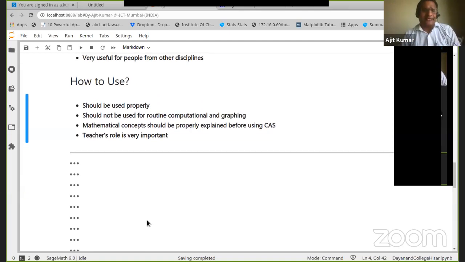This is just a very brief introduction about why we should use mathematical tools, not just in mathematics research, but also in mathematics teaching. It can bring a lot of pedagogical benefit. I have been using these softwares for quite some time. I do find it really helps the student. So I'm going to look at a few examples